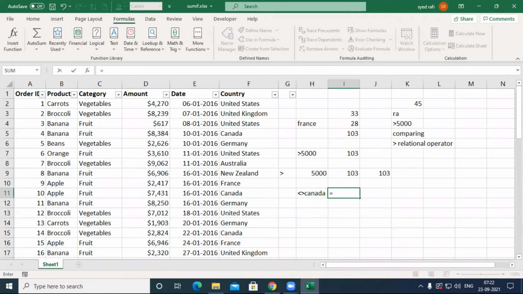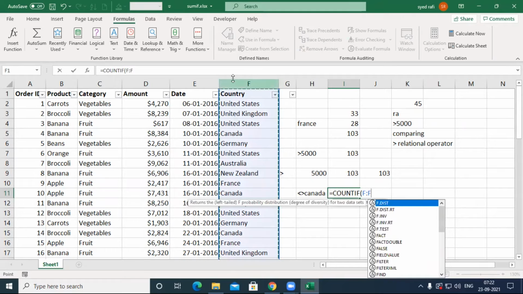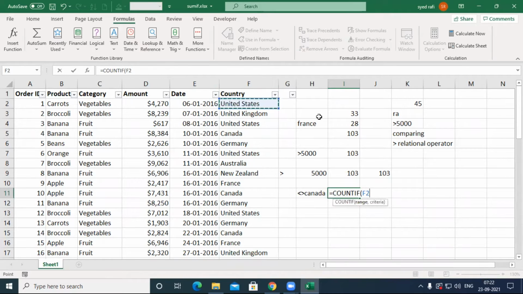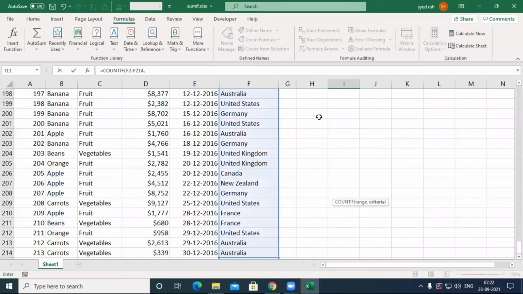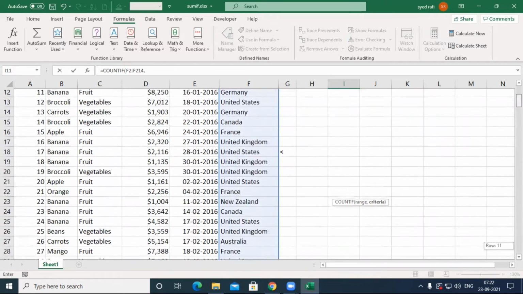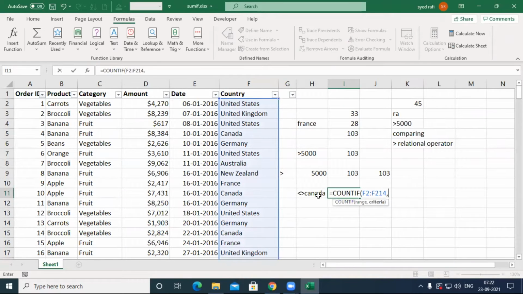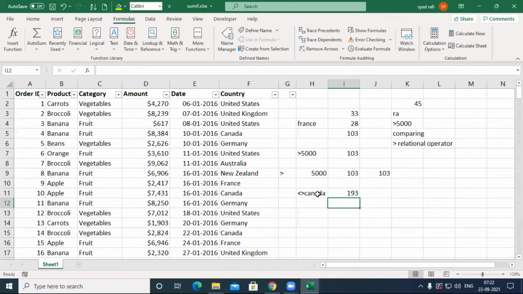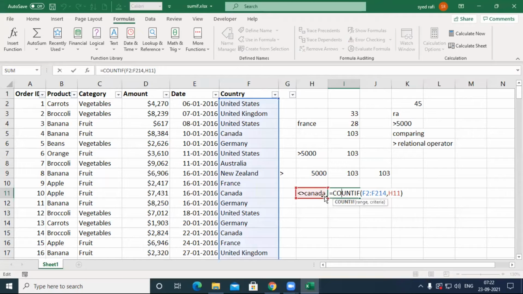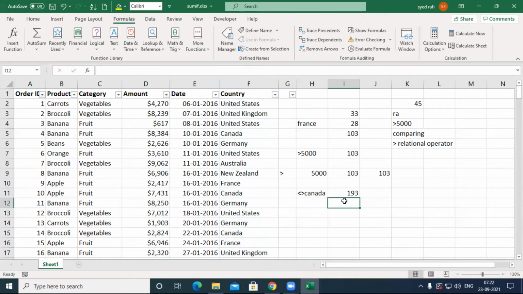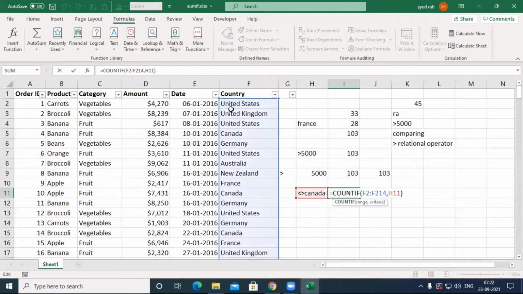Let's check: equal to COUNTIF. For the criteria range, you must select this one, comma, this one, and press enter. So how much does it give? 193. The range I selected like this.